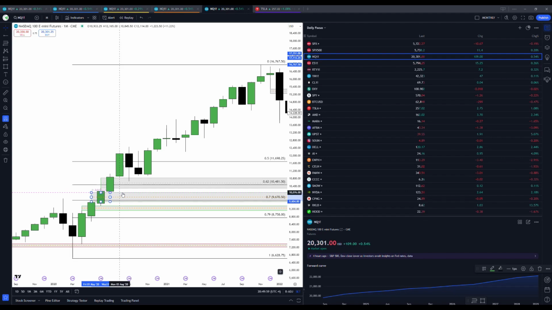So when I hear people say, "I got in and it knifed on me and I got stuck in it," to me, that's a lame excuse. You can have this whole thing mapped out prior. If it voids your plan, then why are you still trading it? You need to become regimented in a way where you don't even think twice about it. If it takes out the low of the candle that created your imbalance, you were wrong. And if you can't become good at accepting being wrong, then this might not be the right business for you, because no matter what, you're going to be wrong.